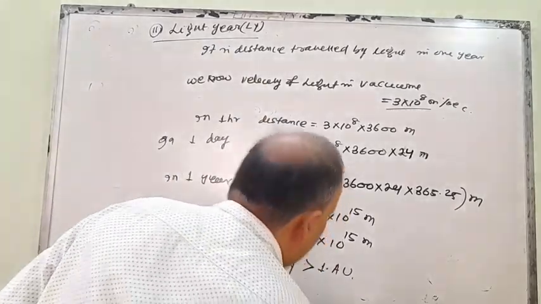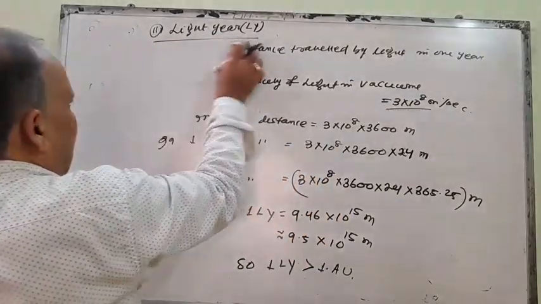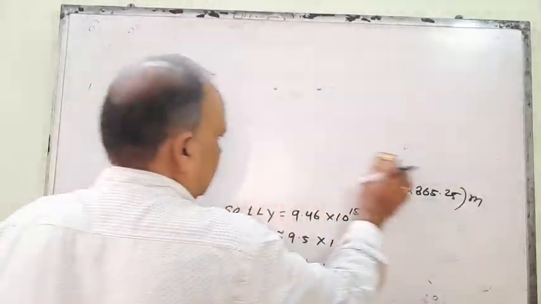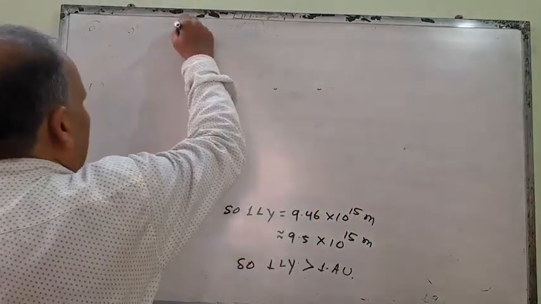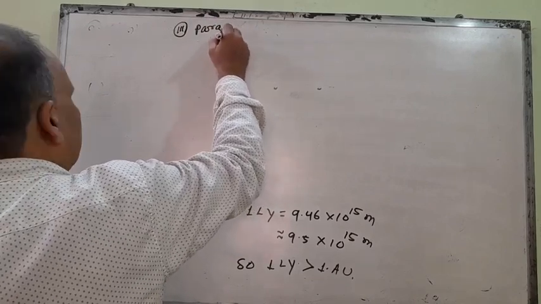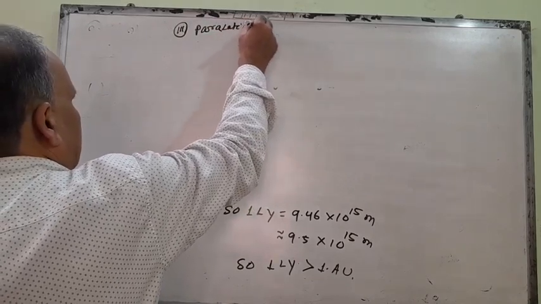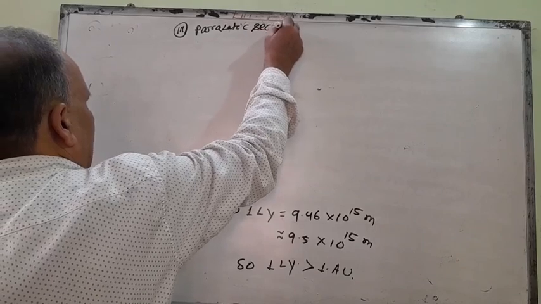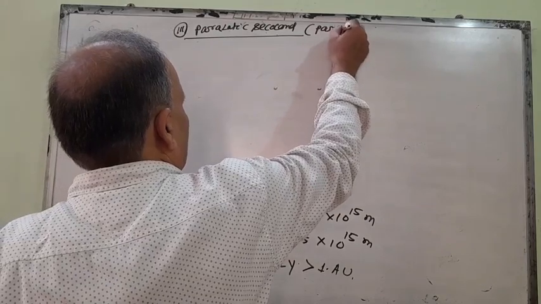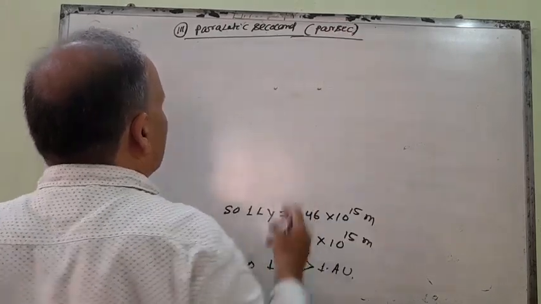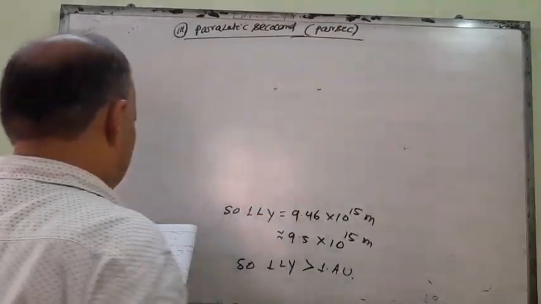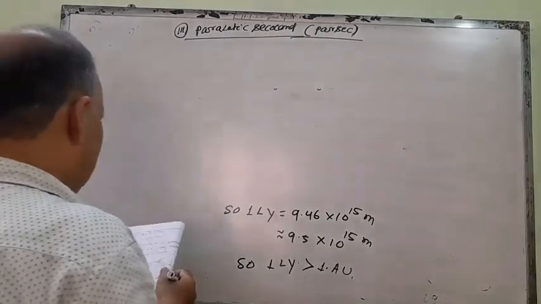Next come to another macroscopic unit, the parallactic second, or you say parsec. You remember it: where it is given second, somebody will think it is the unit of time. No, it is the unit of length. It is the distance at which